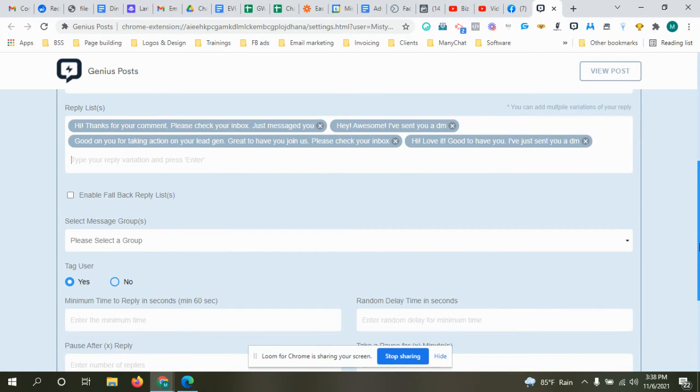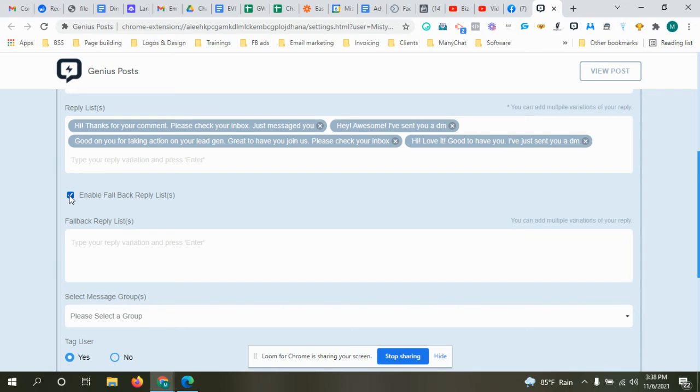And then you can decide to either leave it with this and only reply to people commenting using one of the keywords you've added above. But you also have the option to enable a fallback reply. So, what that means is this will be a reply or a type of message that you will reply to anyone who did leave a comment but did not include any of the keywords you have entered above. So, how could you use this? You could be saying something like,